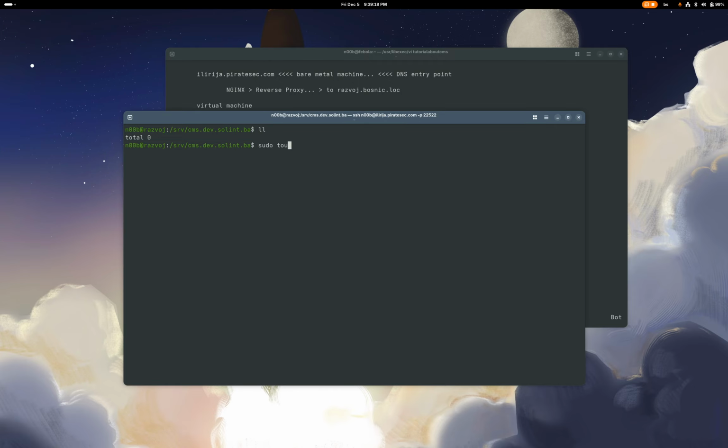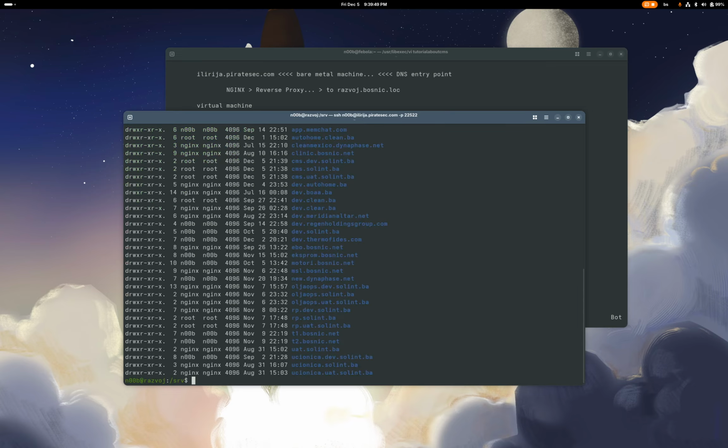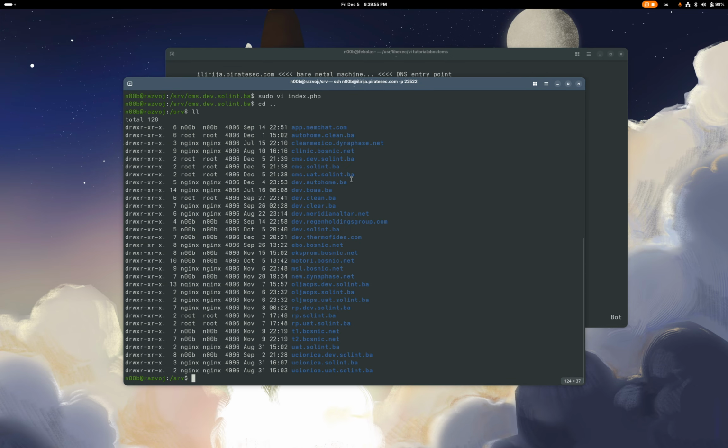sudo PHP. We can say, just to make sure that our PHP works. But in order for this to work, we need to configure our nginx and stuff, and also to make sure, because you see here I have tons of projects. This is my development environment, so